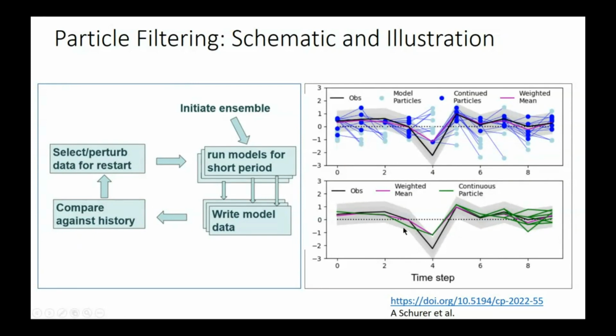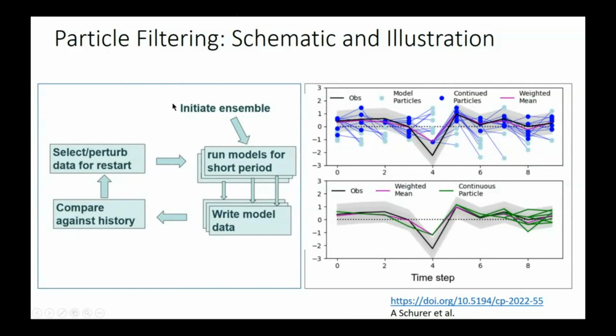These green lines represent the path taken by an effective simulation that tracked the historical data. And I should have pointed out that the black line is the observation, and the grey line is the range of acceptable variation from that. So that's what Andrew was achieving with his particle filtering, and this ability to do a